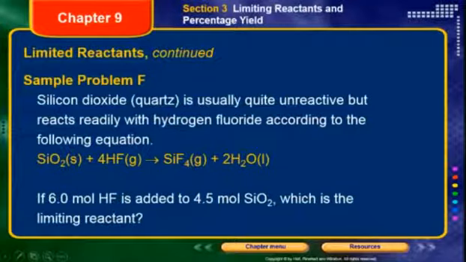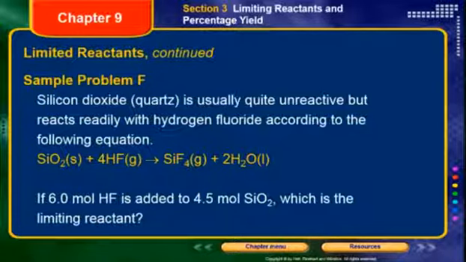So let's look at a sample problem. If we have silicon dioxide, also known as quartz, it's usually quite unreactive, but it will react readily with hydrogen fluoride according to the following equation. The equation there. Now, the problem that you'll see here is if 6.0 moles of hydrogen fluoride is added to